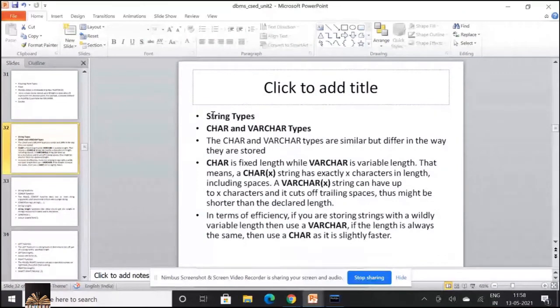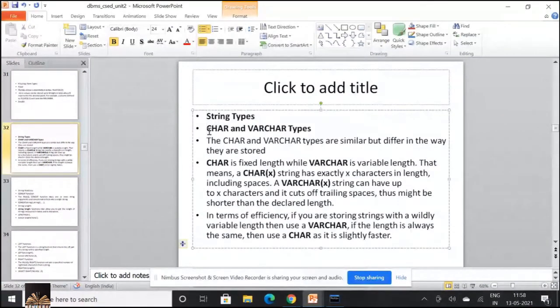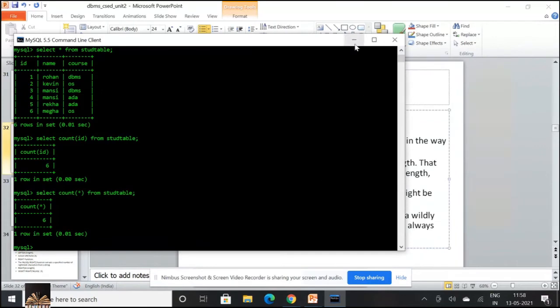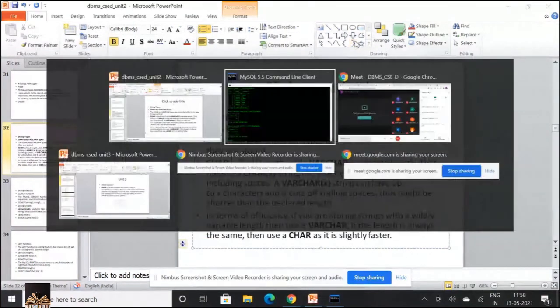Next, you have string types. In string types, you have CHAR and VARCHAR. CHAR is fixed length, and VARCHAR is variable length. That means a CHAR of size x has exactly x characters, while a VARCHAR of size x can have up to x characters.